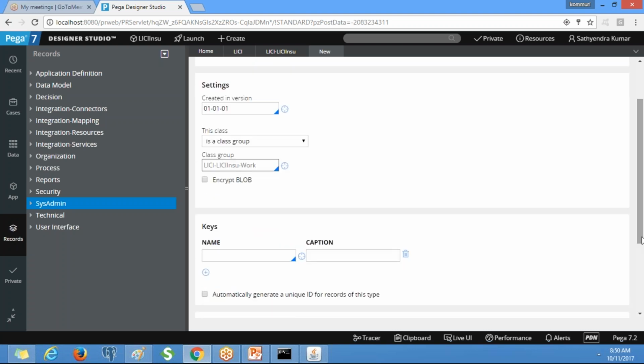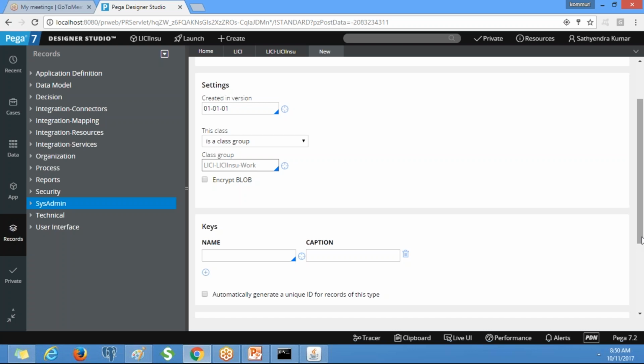Okay. So every concrete class in PRPC will be connected to a table. So we need to select a primary key, right? If every class has a table, that means we should have a primary key. In PRPC, every concrete class will be connected to a single table, and multiple classes can also be connected to the same table.